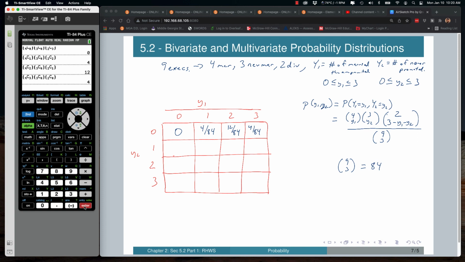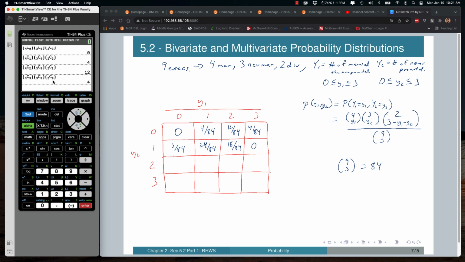I'm going to give you the rest of the answers now instead of boring you with me going through it. But if you keep following the same pattern, you'll start next at y1 equals 0, y2 equals 1. So now your last values in this little setup would be 0, 1, 2. You should get 3 out of 84, oddly enough. And then across the row there, you'll get 24 out of 84, 18 over 84, and you're going to get a 0 here